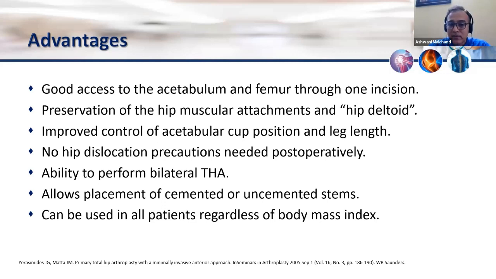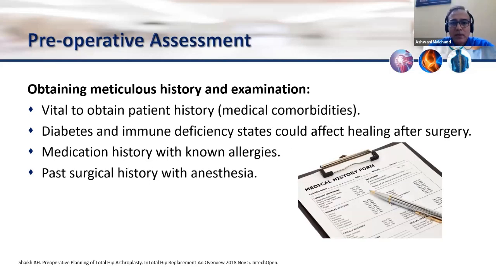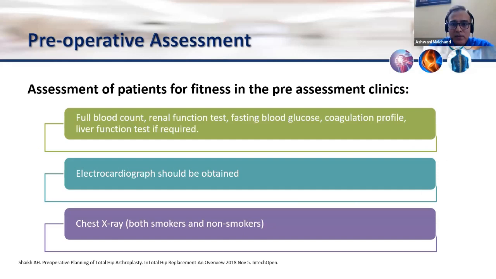If you give it to some assistant, generally we use a bone hook and ask the assistant to lift the femur. It's really a torture, and after some time the femur slightly goes down and we start improvising on the technique, which leads to complications. So I think this is, everyone knows it, how we take history and examination. I don't need to elaborate on that. And these are our pre-anesthetic assessments so that we don't encounter any complication during or after the surgery.